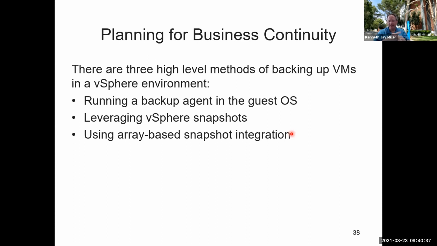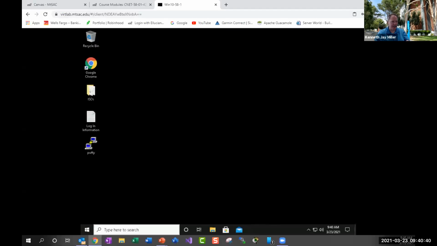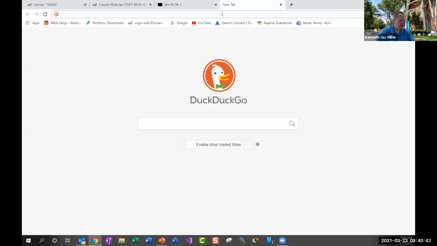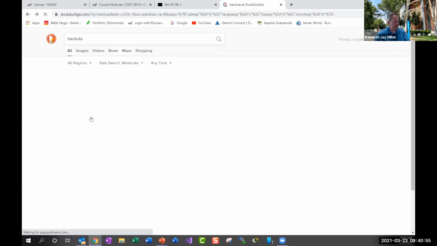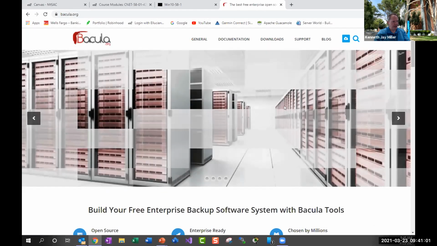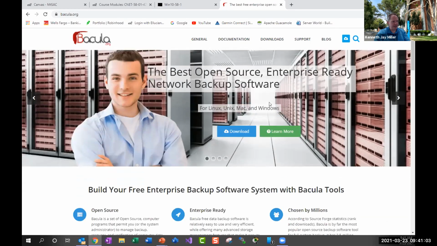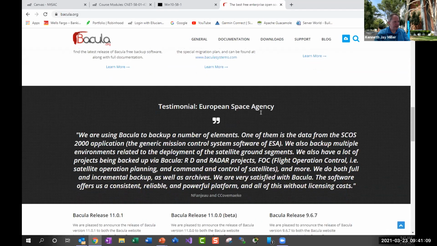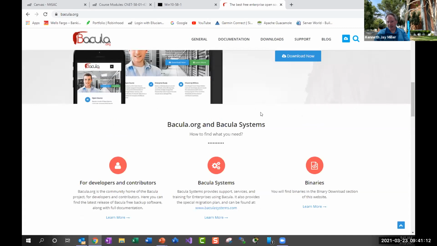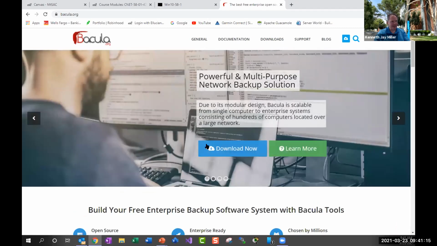Bacula, and let me see if I can find their website. Bacula.org. And it's an open source system. And they used to have a tagline on here where it says, "We want to suck your data," or something like that. So when it first started, they were a little more cheesy, but now they've grown into this bigger